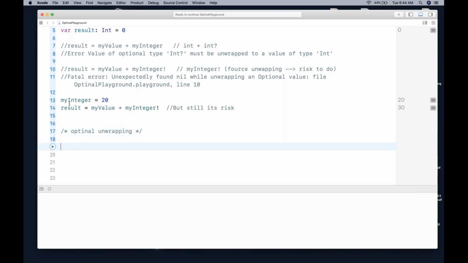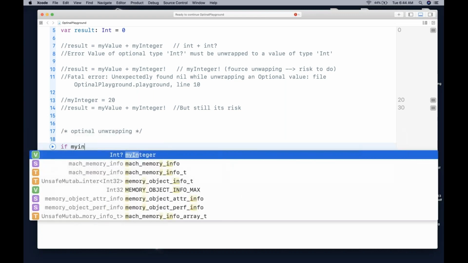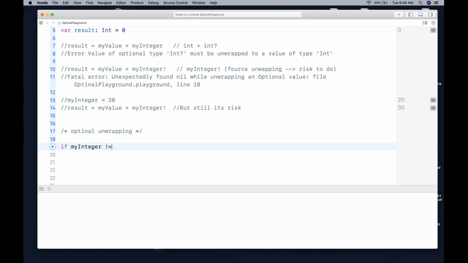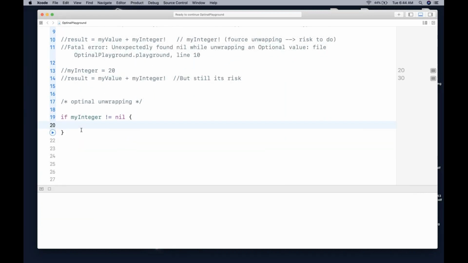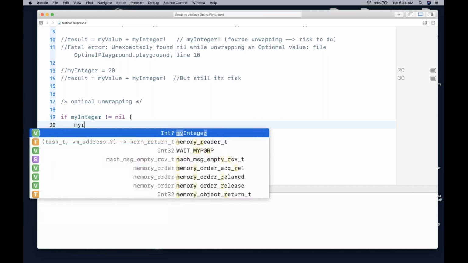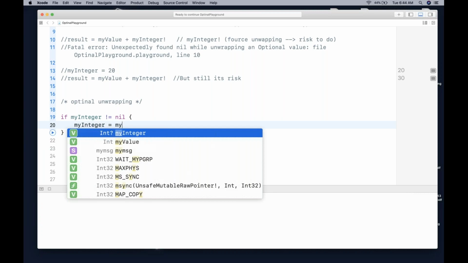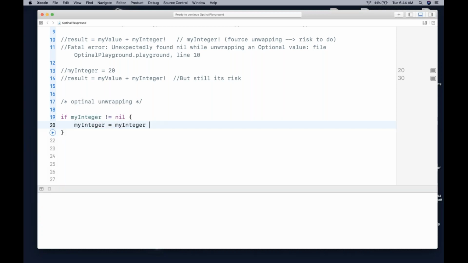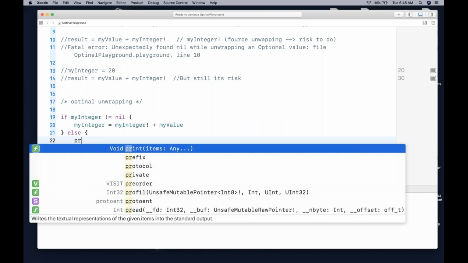So what I am trying to do here: if my integer is not equal to nil, then my result equals my integer plus my value. And here I know that when this condition is satisfied, it's not nil. Can I safely unwrap it? Yes, I can. Else print